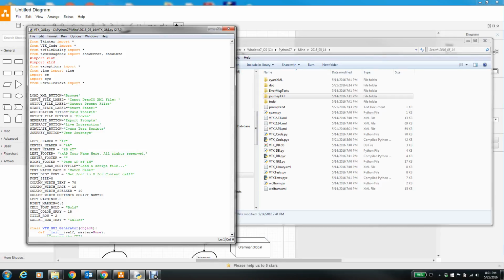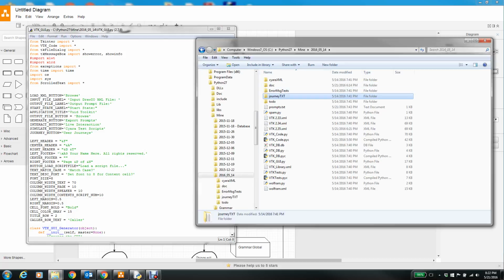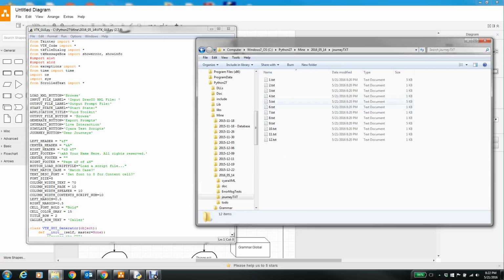In this tutorial, I'm going to review how you can use this toolkit to walk your design and generate example paths or journeys through the design. And these are used for two different purposes. The journey text files that you'll create are useful, and I'll just show you one here,